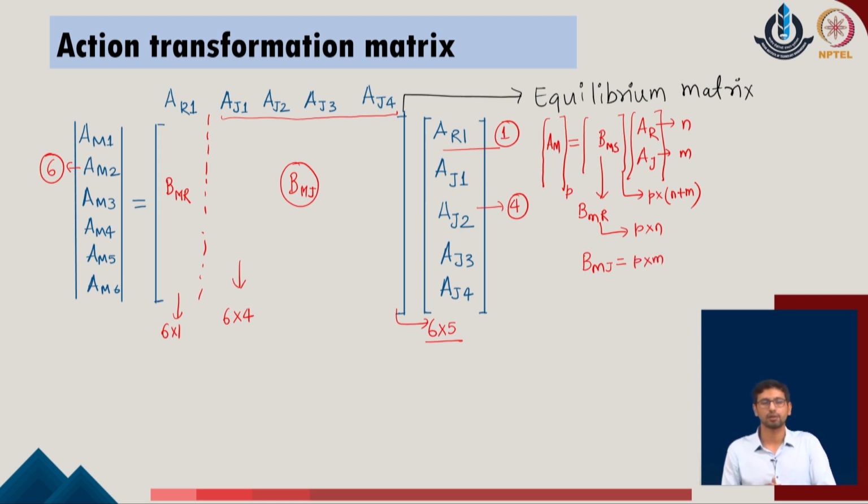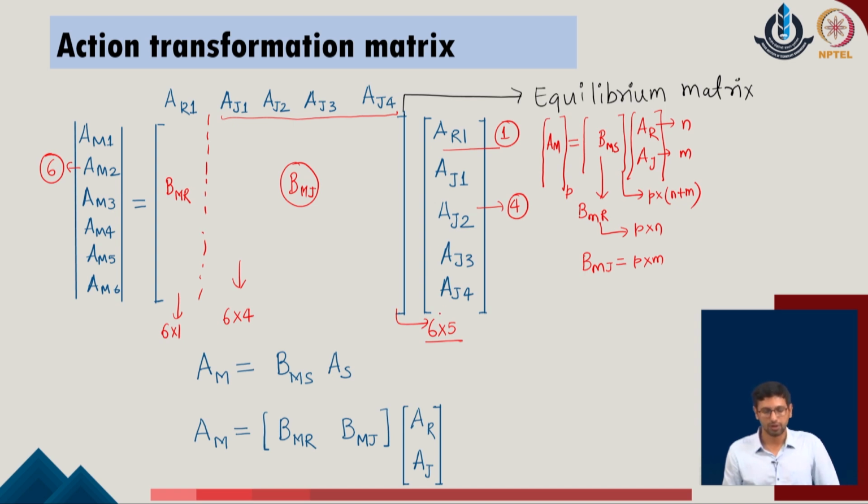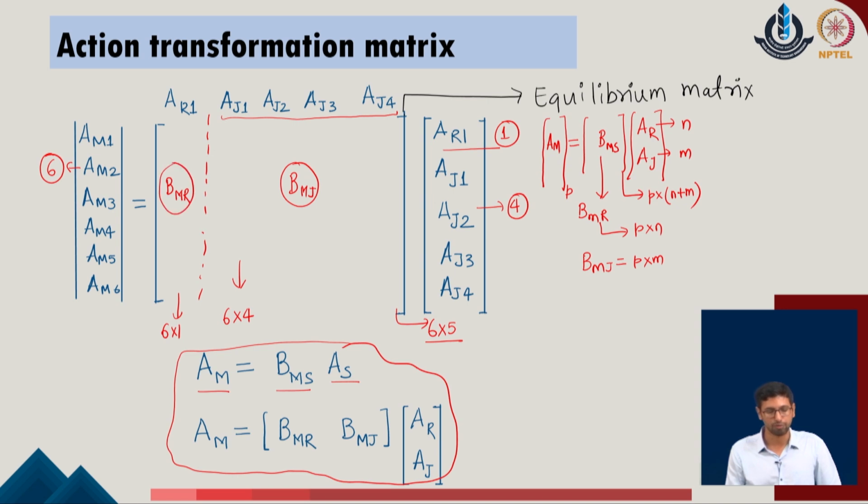Knowing this idea helps us understand that the evaluation of the matrix is being done correctly for the given problem, and having this action transformation matrix now connects the member action forces to the structural action forces of the given system. So, as we have identified this idea, we can write this expression in a simplified form like this, where A of m is represented as B of ms into A of s. We can split B of ms into its two individual components, B of mr and B of mj, and accordingly the values can be associated with A of r and A of j of the given system.